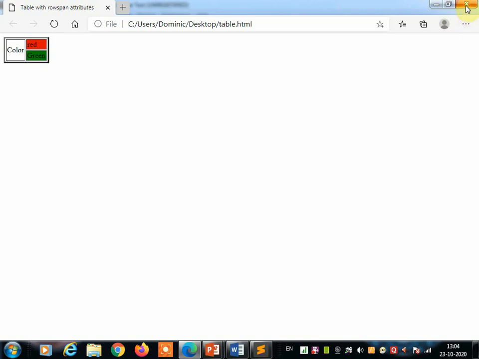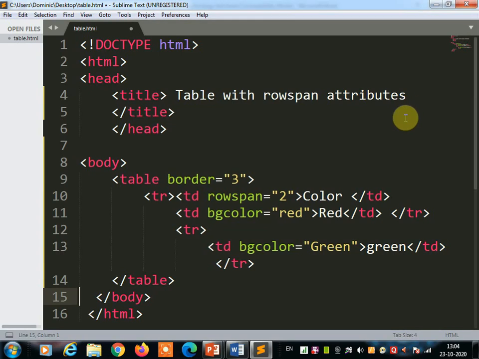Similarly you can merge the column also. To merge the column, you just make changes where the rowspan is; there you are going to use the colspan. Here you use the colspan, and to align center if you want to give, otherwise no need. Color, and then td.